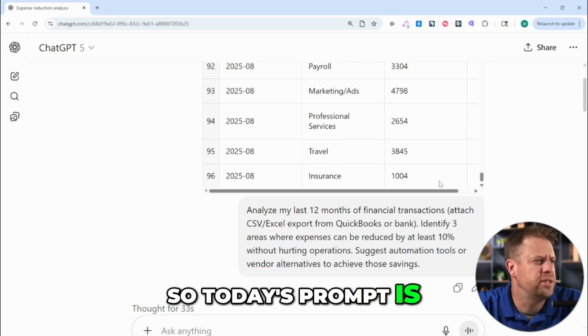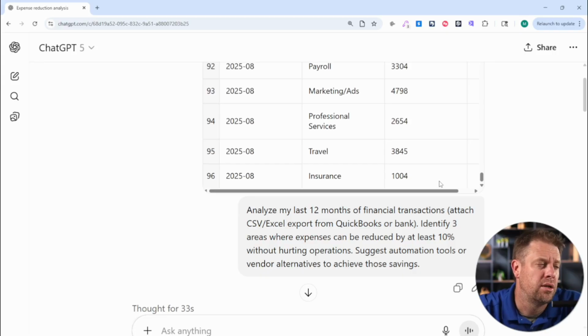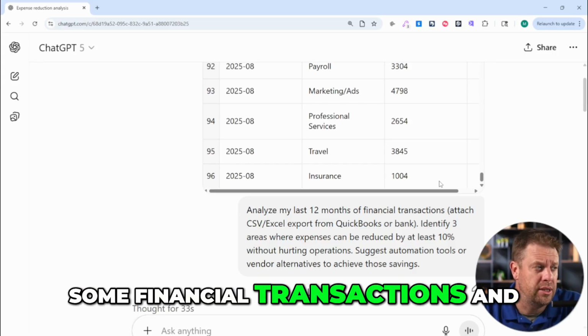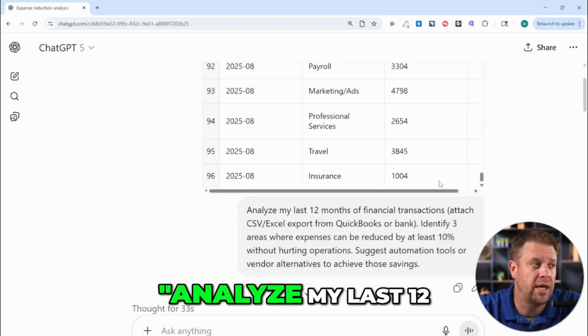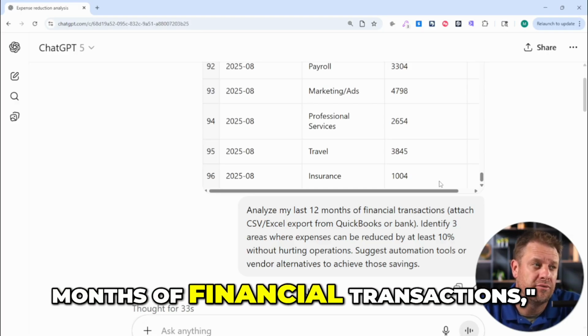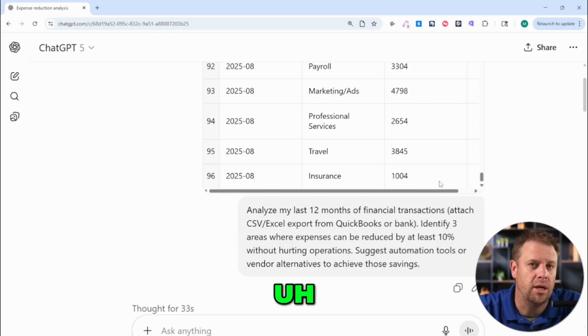So today's prompt is a financial leadership one. We're going to talk here about some financial transactions and a way to reduce some expenses. So our prompt is: analyze my last 12 months of financial transactions, which we just uploaded some sample P&L information,